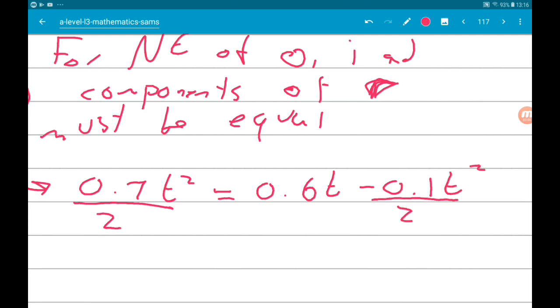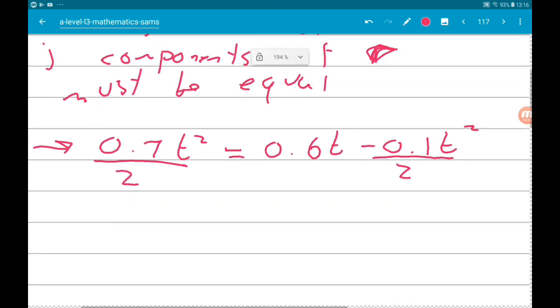Okay, so we want to solve that for t. Now we can see that t equals 0 would be a solution, but that makes no sense because at t equals 0, the boat is at O. So we ignore that. So if we multiply through by 2,